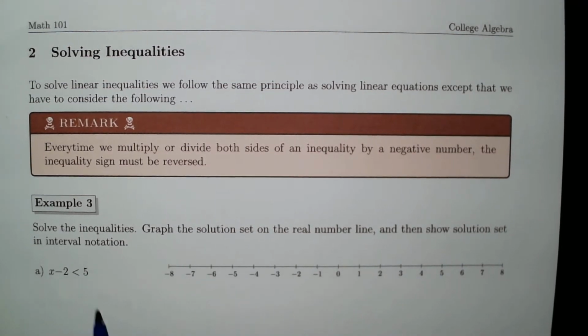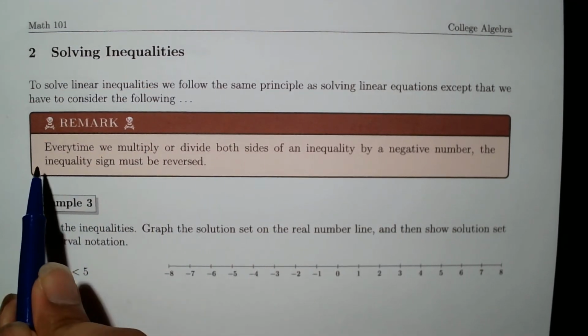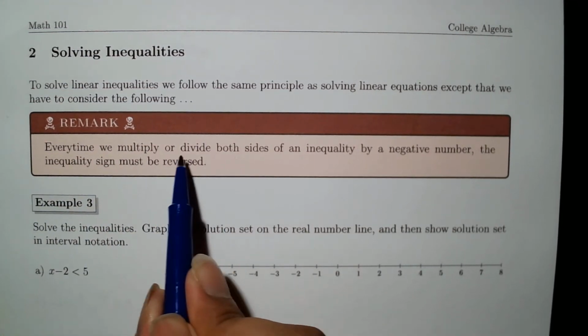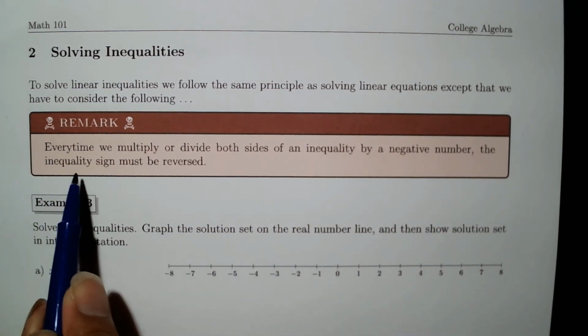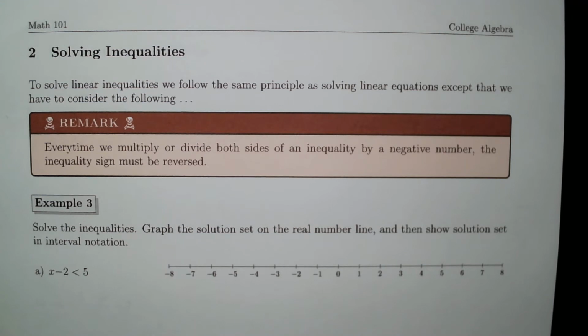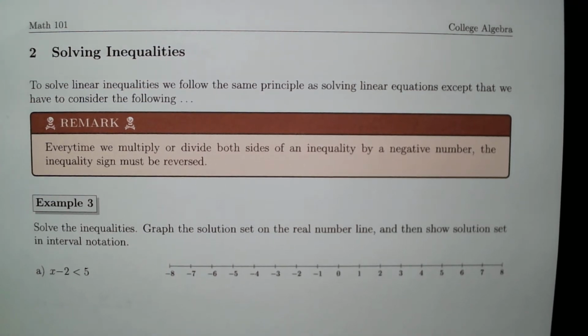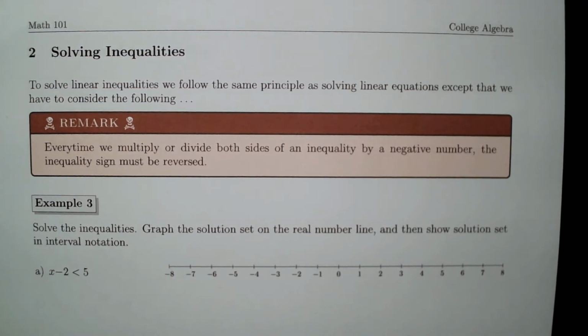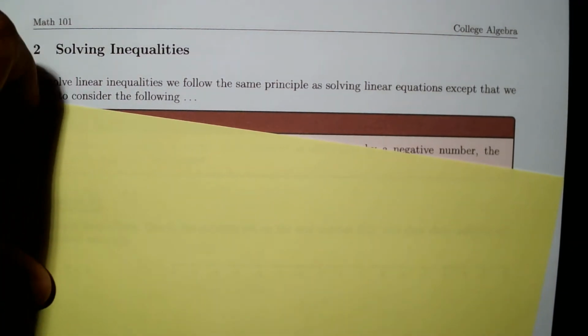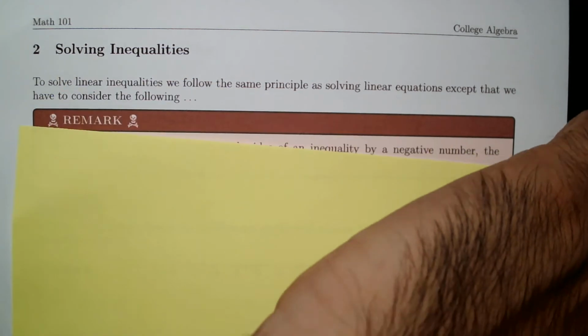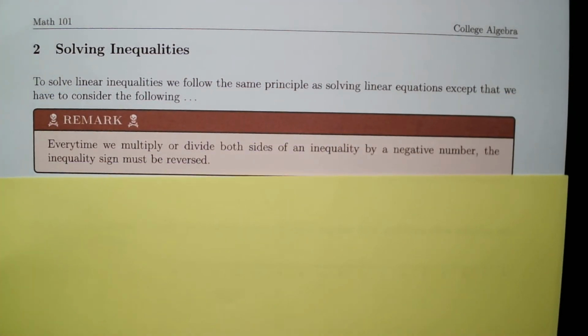The only remark here is that every time we multiply or divide both sides of an inequality by a negative number, the inequality sign must be reversed. Okay, so we have seen that many times. But how can we explain that? Let me give you just a side note here. For example,